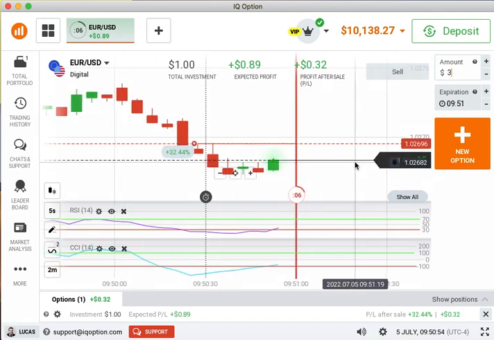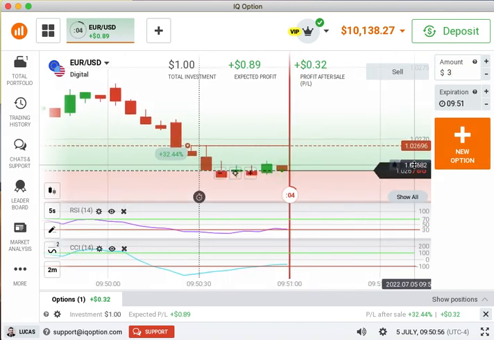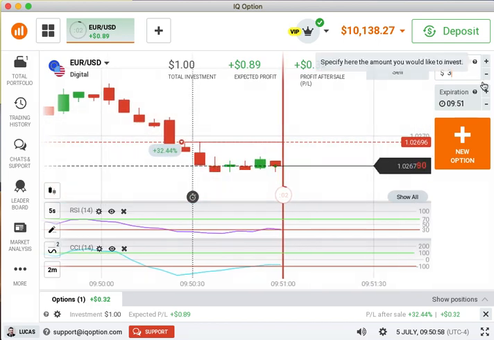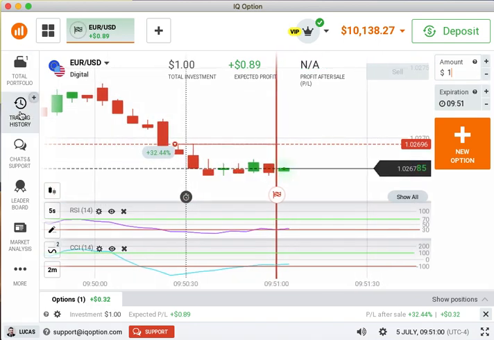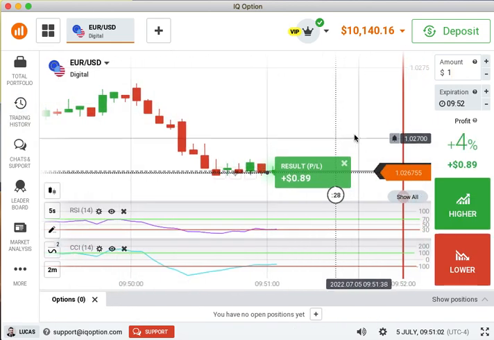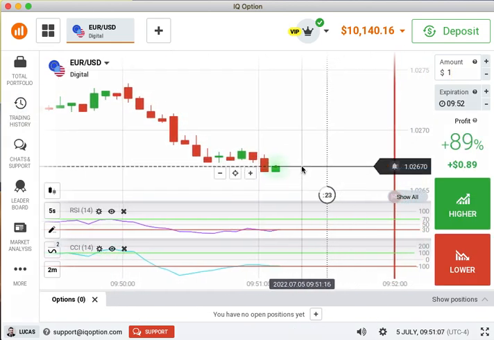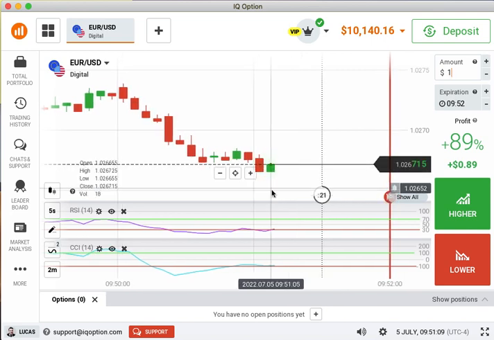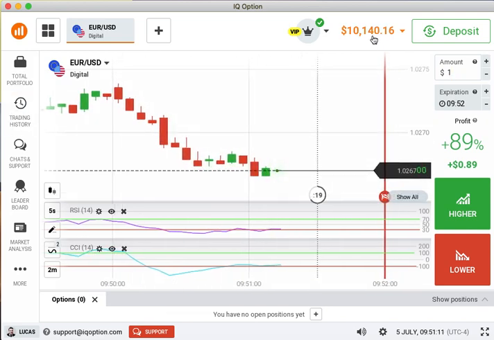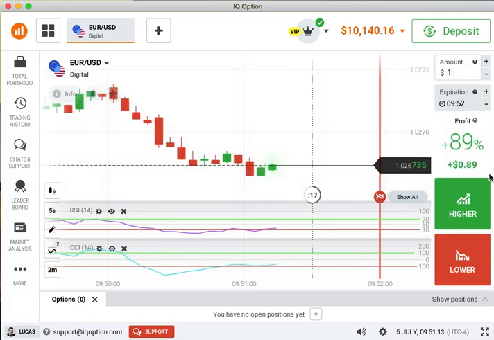We wait patiently, this one will win. Now when you win, you go back down to 1. Every single time you have to pay attention to what you're doing. And every time you go back down to 1. We already won 6 trades, or we already made $6, so yeah.